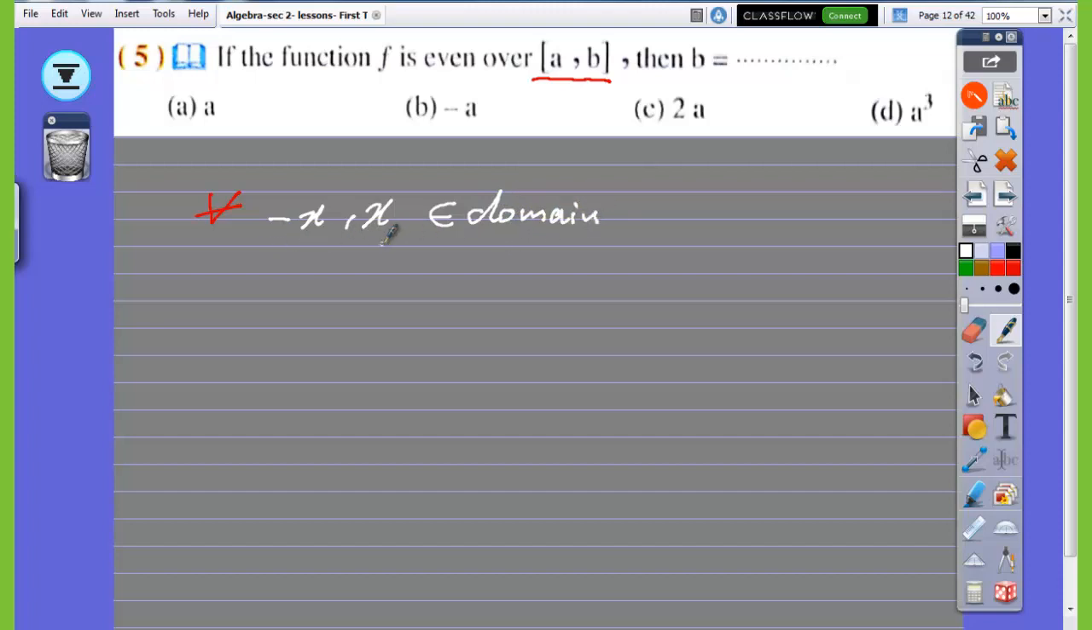So when x belongs to the domain, negative x must also belong to the domain. So we have a belongs to the domain, so b equals negative a, because if a belongs to the domain, negative a must belong to the domain. Also, if b belongs to the domain, negative b must also belong to the domain. So b equals negative a here. So this question is about the definition, and we say b